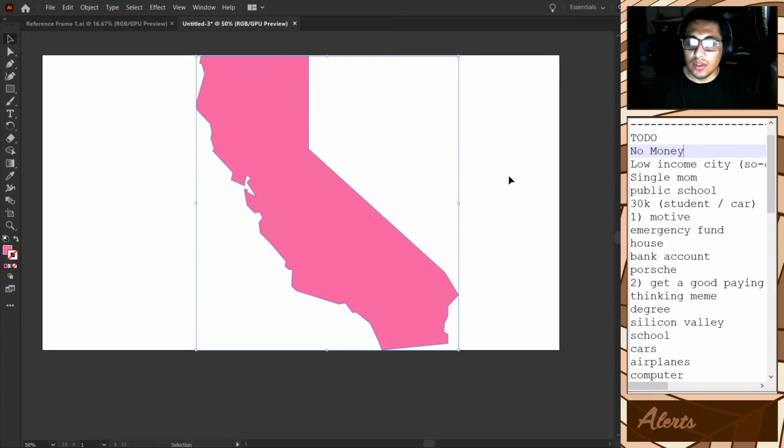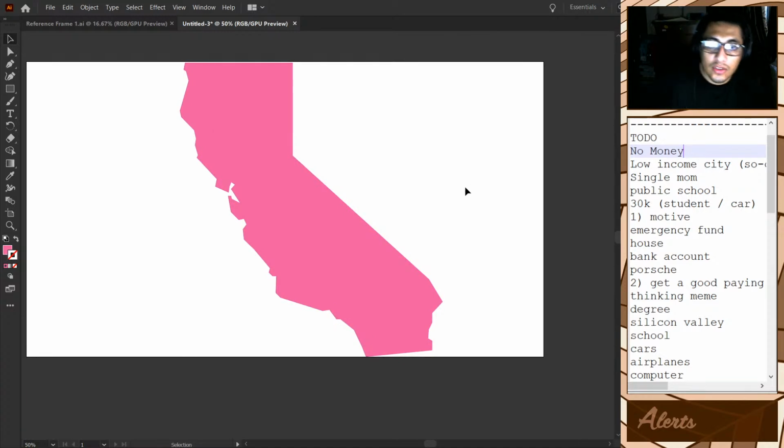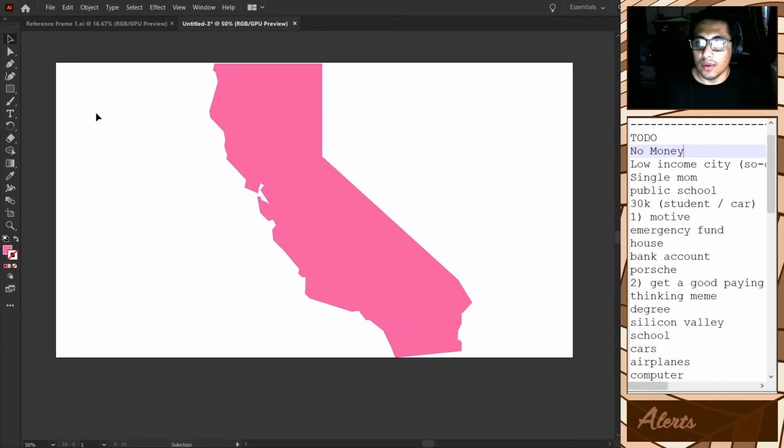And the reason I do this is so we can have the best quality. Illustrator does vectors. The bad thing about bringing it into After Effects is sometimes it doesn't do vectors, sometimes it's as a bitmap or a PNG or JPEG, whatever you want to call it. But for the most part, it does a really good job at just creating shapes. So that shouldn't affect you too much.